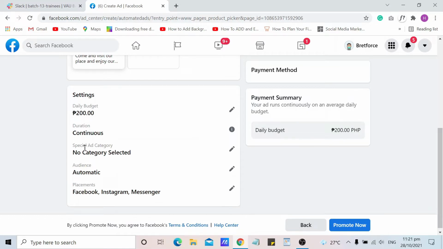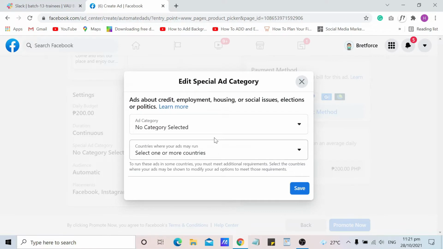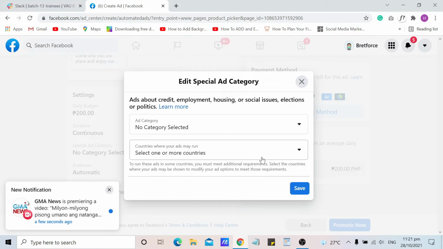Then you can choose the special ad category. This is for ads about credit, employment, housing, or social issues, elections, or politics.